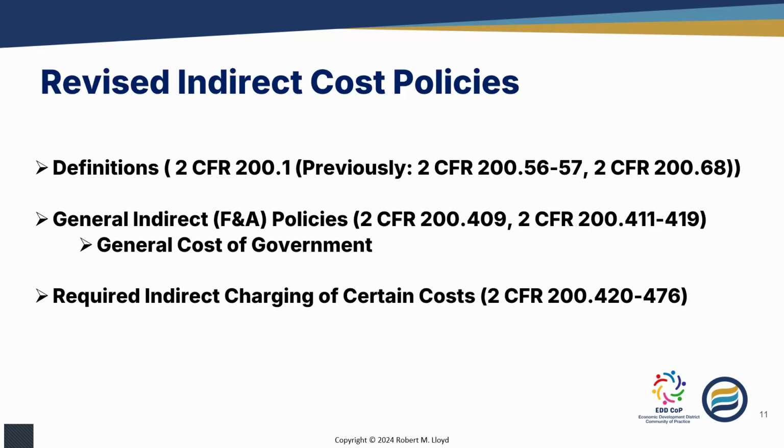Finally, there are a few places in the selected items of cost where OMB has established that if an organization is going to charge that type of cost, it must do so directly or it must do so indirectly. There are not a lot of those, but just enough to make the statement that the recipient is the one who decides whether something is charged directly or indirectly not totally accurate.